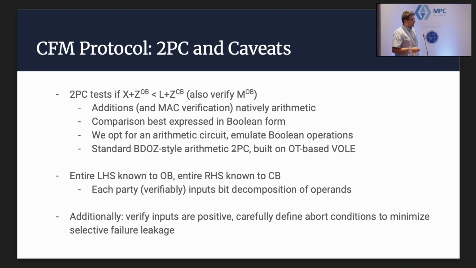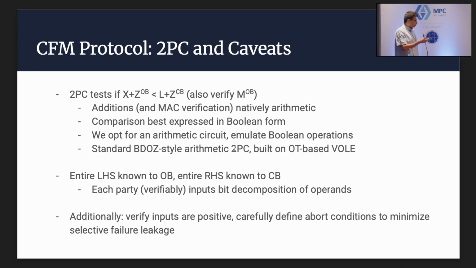And also, another kind of real-world caveat, I would say, is that we were told for this phase of the project, input validation is not really within scope. So it's not the case that these lists, for example, have to come from any externally audited source or anything. So what that means is effectively the ideal functionality itself permits selective failure. So it's inherent that there's always going to be some entries in the list that are malformed or something like this. This is something that's possible in the ideal protocol itself. But what we have to be careful about is that the protocol doesn't induce new avenues for selective failure that are not already in the ideal functionality.